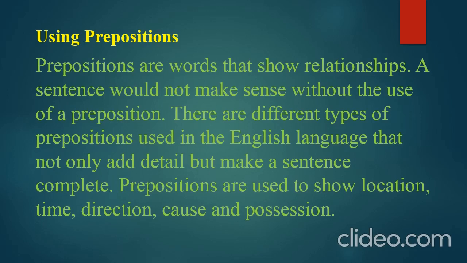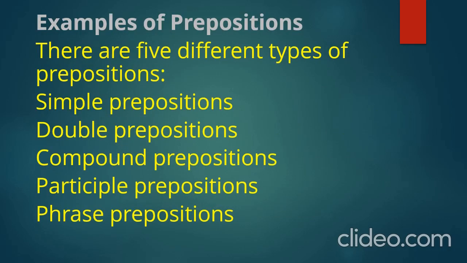English language में मुख्तलिफ अक़साम के prepositions हैं। That not only add detail, इसका काम सिर्फ डिटेल देना नहीं होता कि वो डिटेल ऐड करता है नाउन के बारे में, but make a sentence complete. ये असल में सेंटेंस को मुकम्मल कर देता है। Prepositions are used to show location. अब preposition हैं, इसके कुछ काम हैं, क्या शो करते हैं? वो location है, time, direction, cause and position. इन सब चीजों को ये शो करता है।